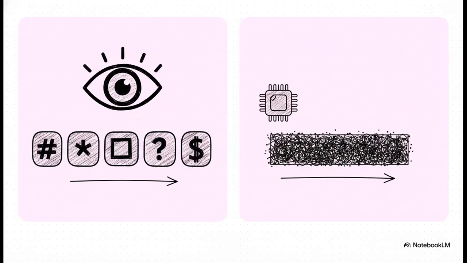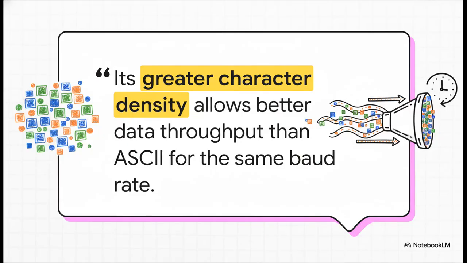On the other hand, you have RTU, which stands for Remote Terminal Unit Mode. This sends the raw binary data. It's way more compact, much more efficient, but the catch is the entire message has to be sent in one continuous, uninterrupted burst. And what's really interesting is how the original guide frames this choice. It says, and I'm quoting here, "the main advantage of RTU mode is that its greater character density allows better data throughput." So what does that mean in simple terms? It means you can cram more information into the same amount of time with RTU. And that efficiency is exactly why it's the more common mode you'll find out in the industry today.